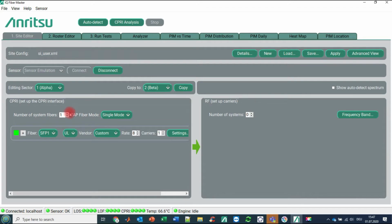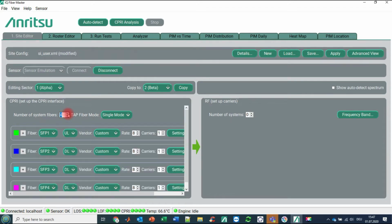So in total, you have here 4 system fibers. And you have 1 fiber for the uplink of system 1, 1 for the downlink of system 1, 1 for the uplink of system 2, and 1 for the downlink of system 2. And for sure, you have to decide before you go to auto detect what kind of network equipment manufacturer vendor you may have here on the line. In our case of the offline demonstration, leave it here on custom. And we also have a single mode side. So if you now go to auto detect,